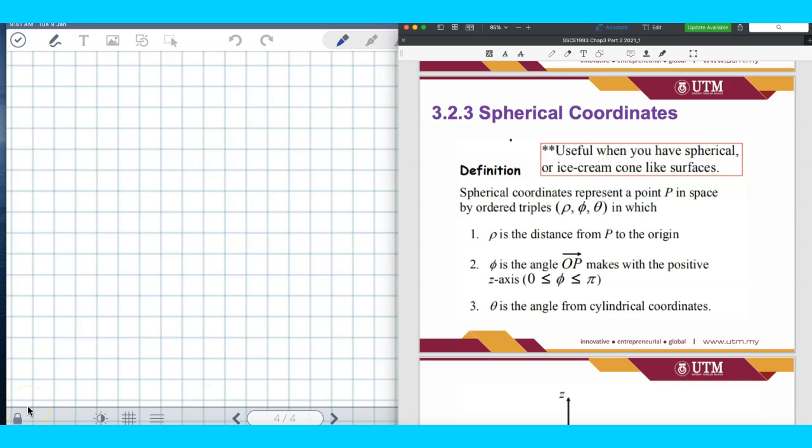Okay, so now in chapter 3, we have done looking at the triple integral where we need to use a Cartesian and also the cylindrical coordinate. As we know, the basic of the cylindrical coordinate is from a cylinder, which is the extension from the polar coordinate system on double integral. Now we want to look at another coordinate system